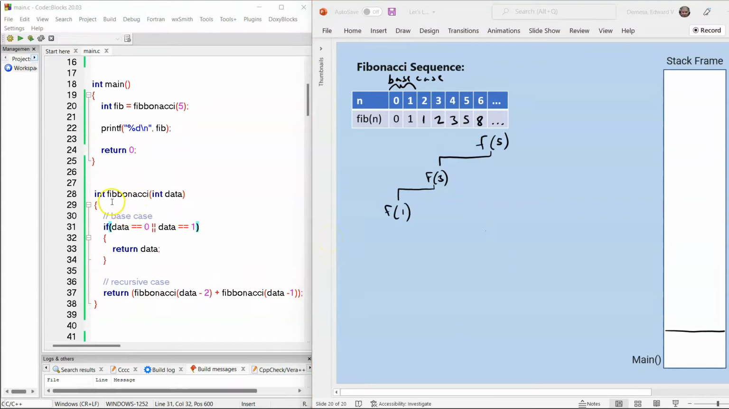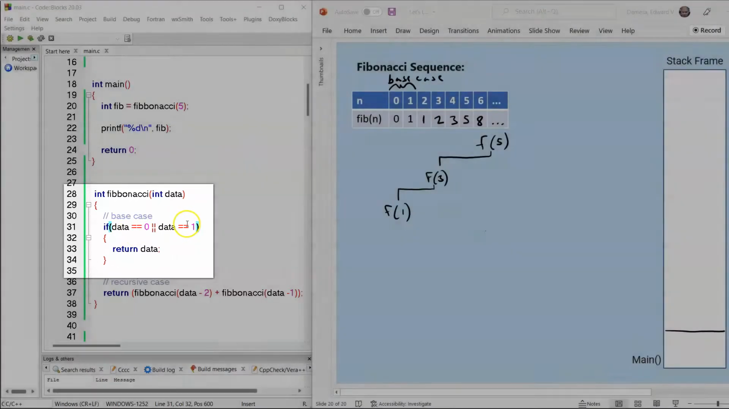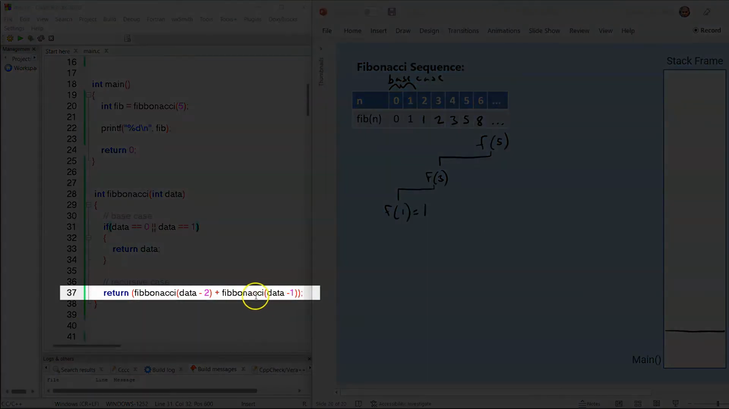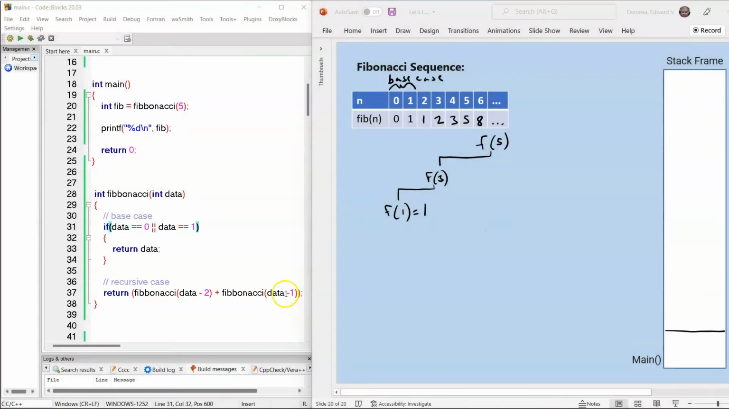The compiler jumps to line 28 and it enters the Fibonacci function. On line 31 it checks, is 1 equal to 0 or 1 equal to 1? The answer is yes, and so it returns data. So f of 1 will equal, it returns 1. The control then goes back to f of 3, and f of 3 resumes on line 37. And on line 37, f of 3 calls its second Fibonacci recursive call, and it's 3 minus 1, which is